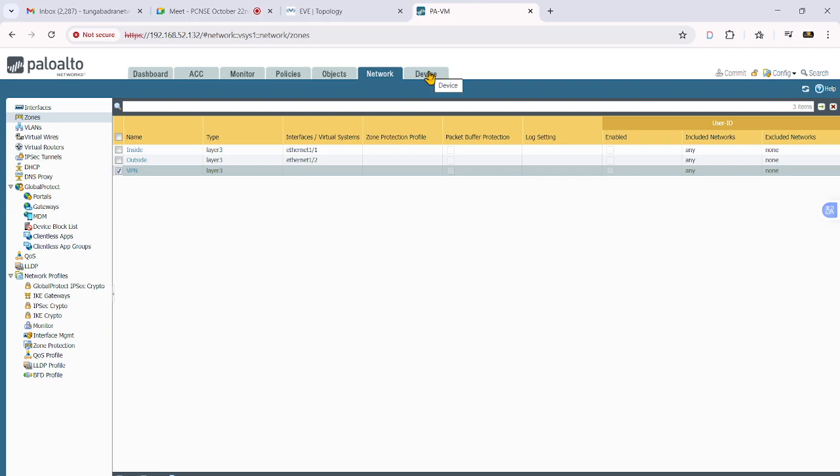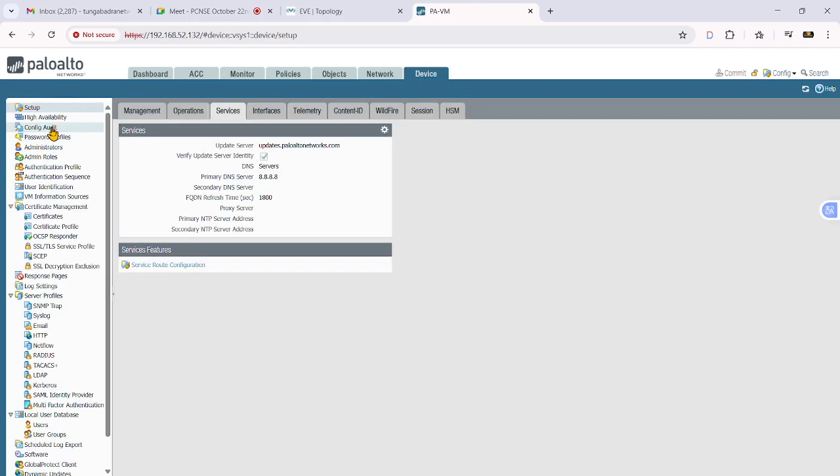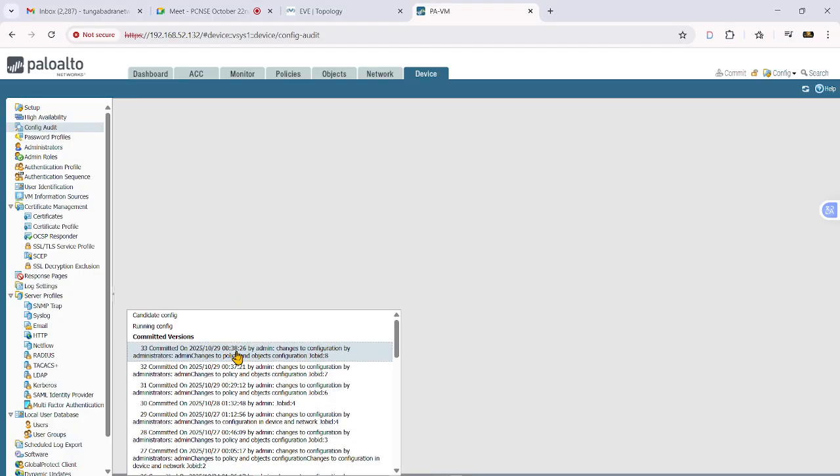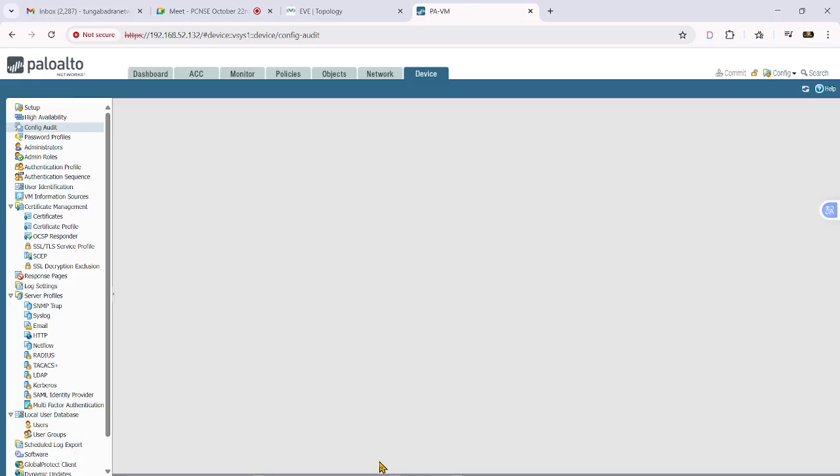If you want to see a particular user's commits, you can go to the config audit. In config audit, the user ID is showing. If you take this commit, this commit audit will show you a difference between your last commit and the current commit.